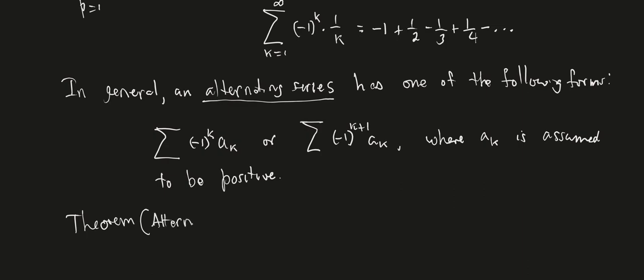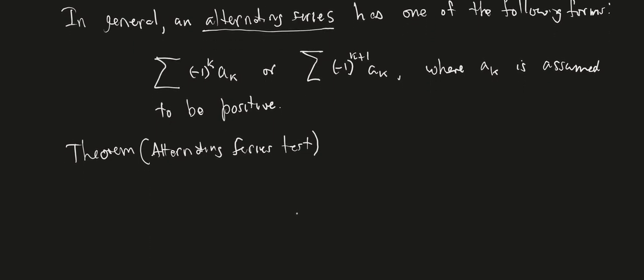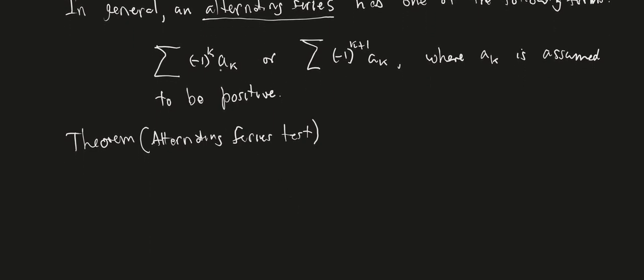The alternating series test gives us the criteria that's required for one of these, and it doesn't matter which form. Whether you have the exponent of k or the exponent of k plus 1, this test applies. So here's what it says. An alternating series, and it could be either one of these forms,